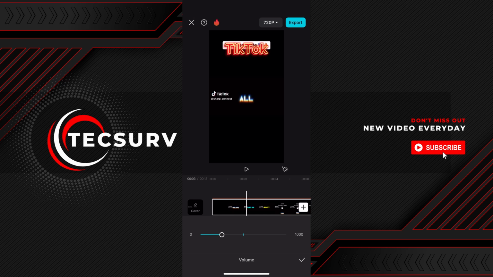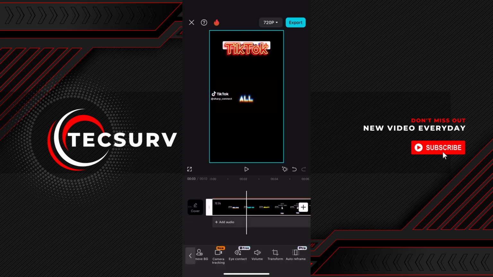If you have multiple audio layers like background music or voiceover, adjust each one individually by selecting it and using the volume slider. And that's it guys, you successfully turned down the audio in